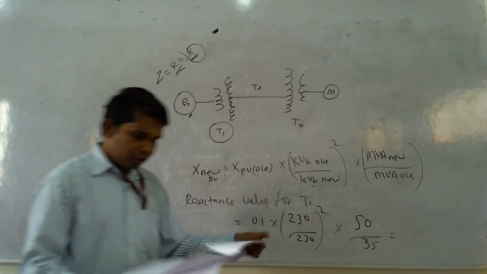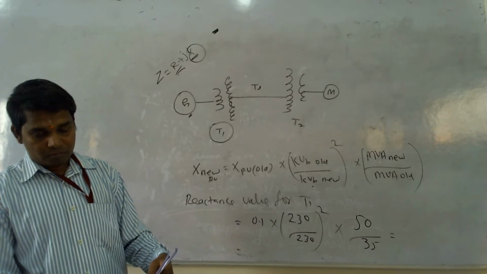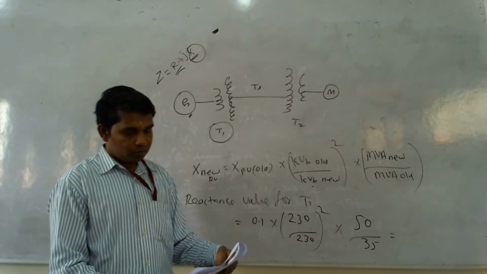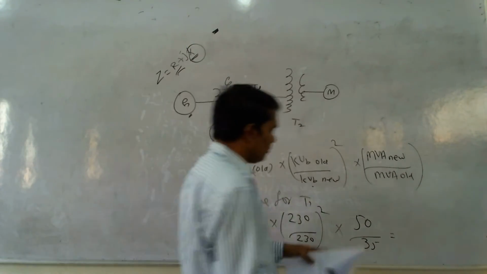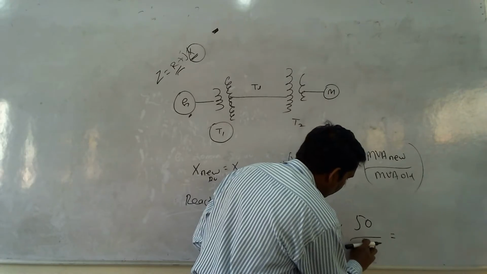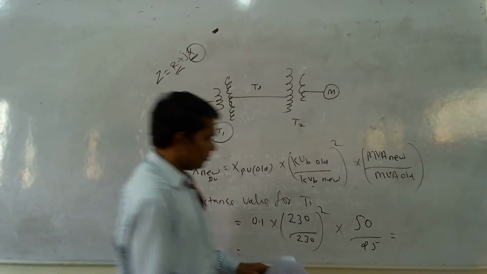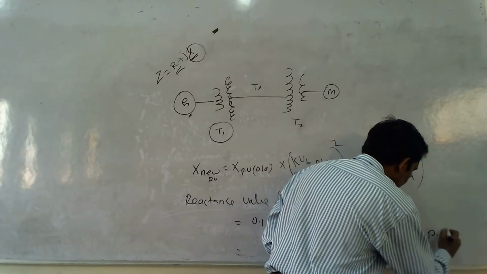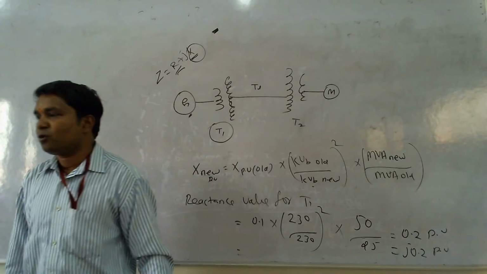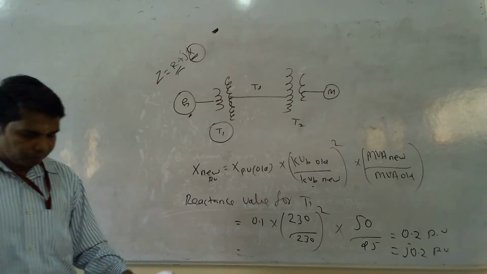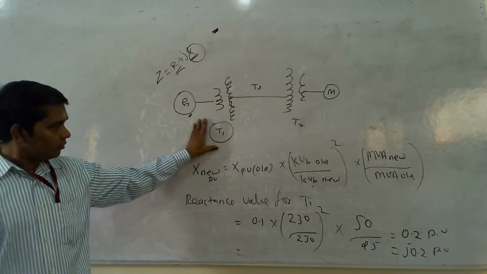So the values of this one is the reactance value. Transformer 1, 25 is given. Yes, transformer 1 25 is given. So this will give the value of 0.2 per unit, and with which we have to add the J, right? J has to be added because it is showing the imaginary part. Right? Yes. So we have calculated for the generator, we have calculated for the transformer 1.